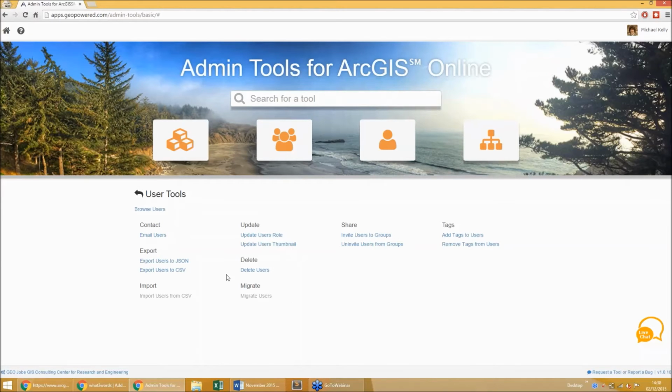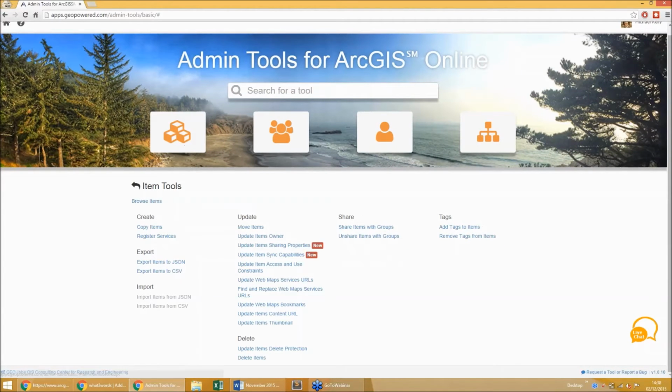It's just a very nice interface for updating stuff, for bulk adding tags, and for exporting stuff as CSVs. Yeah, that's a really useful tool. It can be got through the marketplace, so if you want to search for that, just search for GeoJob in the marketplace.